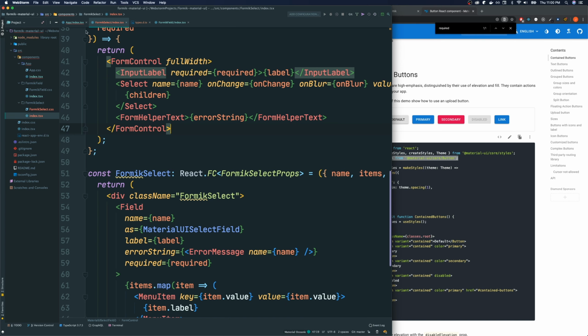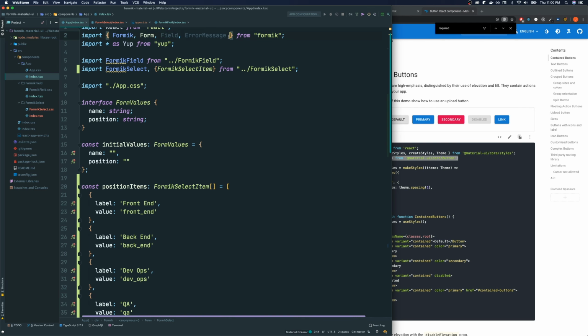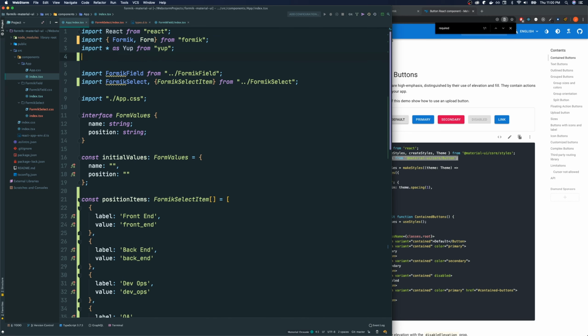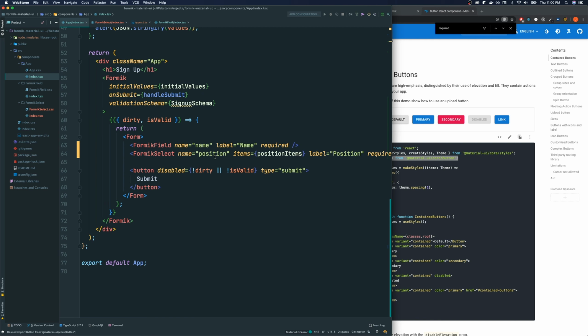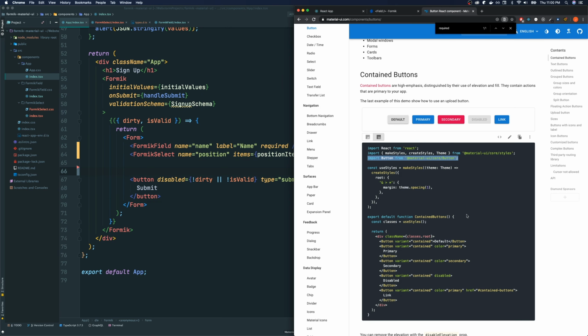So I'm gonna go back to my app. I don't want to make a separate component for this because that's unnecessary. By the way, notice we're not using field and error message here any longer. So let's erase those from our inputs of Formik and import button. Let's, I don't want to erase the button yet. However,